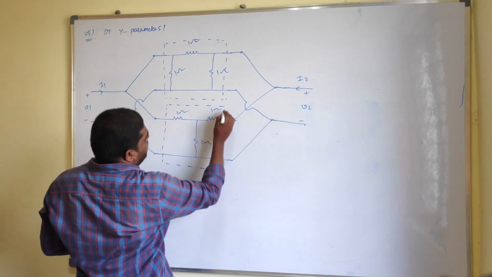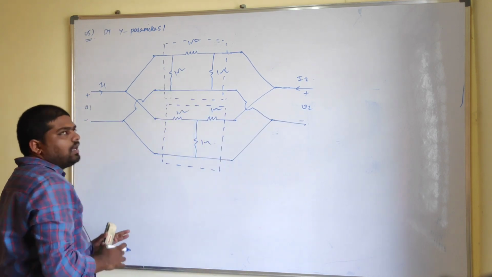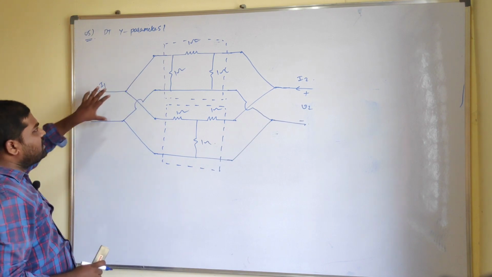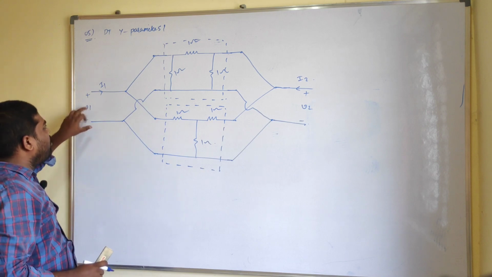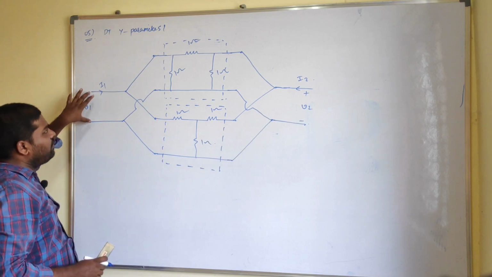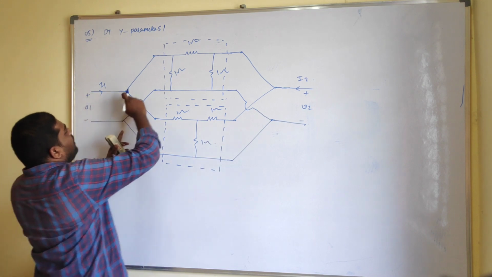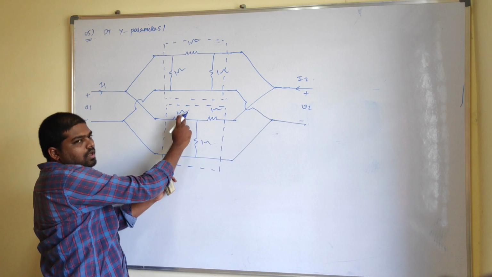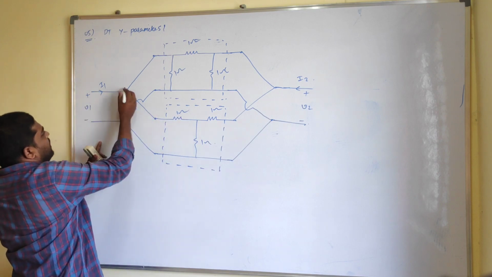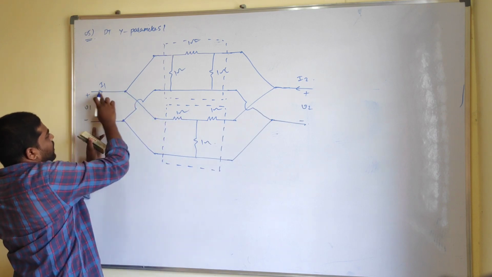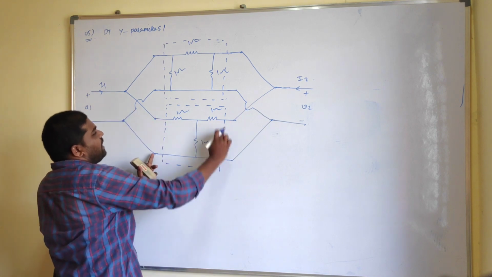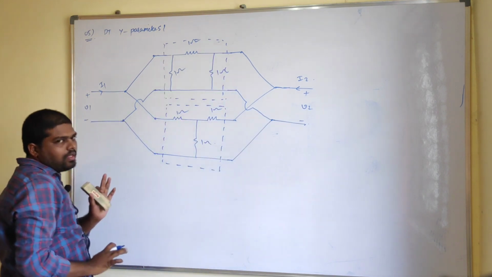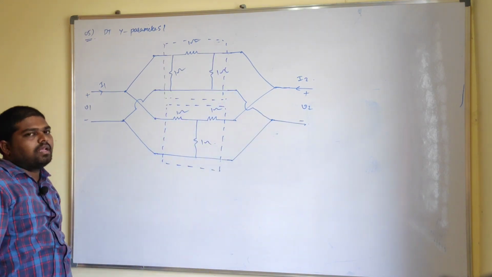So these two networks are connected in parallel mode, right? How do you decide a parallel configuration? The voltage V1 can be applied directly to this network, and in the same way this V1 can be applied to this network also. This voltage drop can be applied to the complete T network, and this voltage drop can be applied to the pi model network, so that can be treated as a parallel configuration.